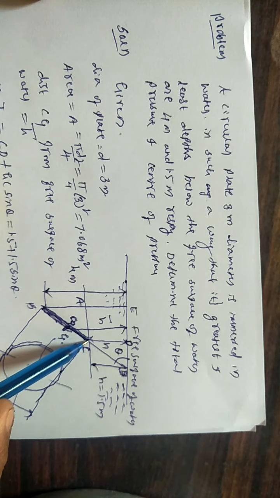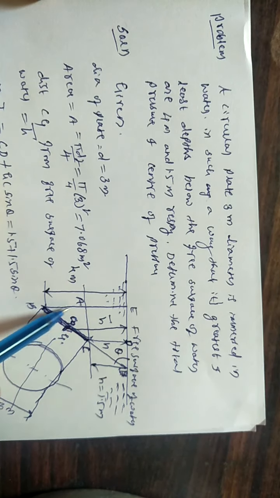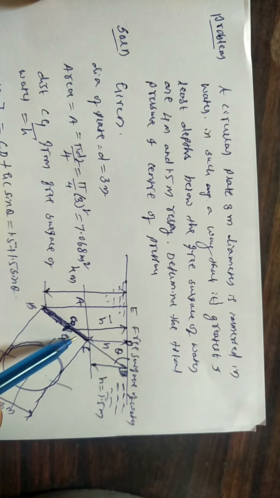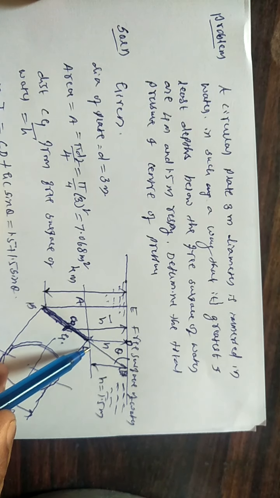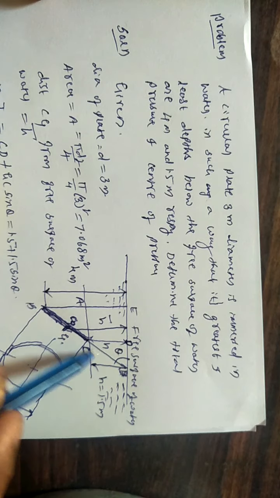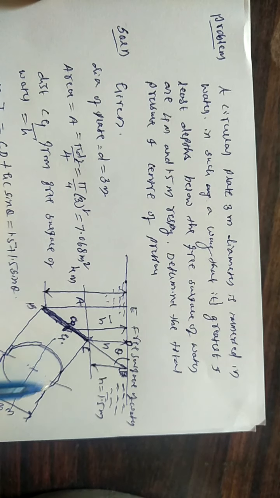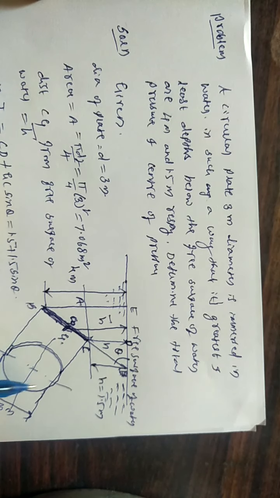And the lower edge, this is the lower depth, means lower depth is 1.5 meter, and the higher depth is this much, 4 meter. So by taking these heights 4 meter and 1.5 meter, we will get the inclination of this plane making an angle theta with the surface. Now by drawing the side view of this plane perpendicular to the paper, we will get the circular plane which is inclined to the surface.